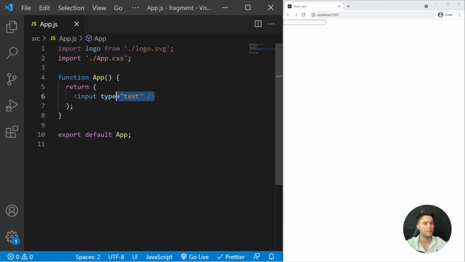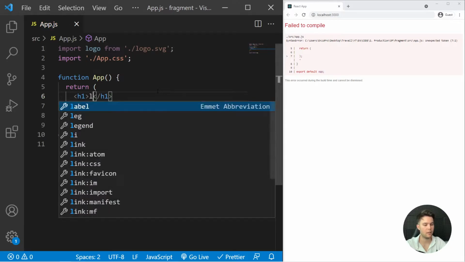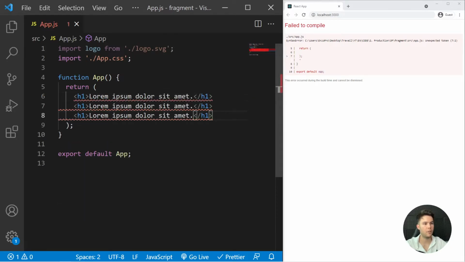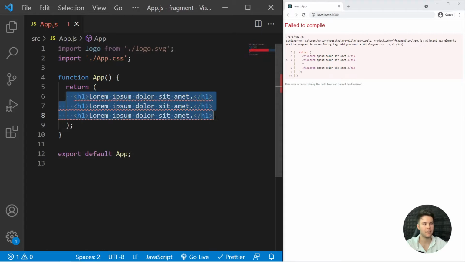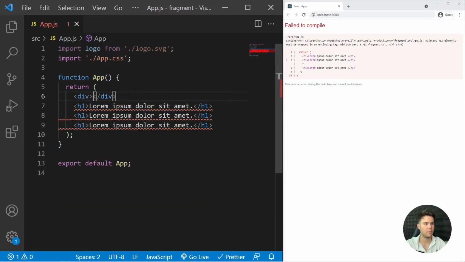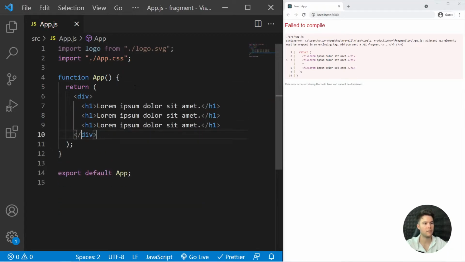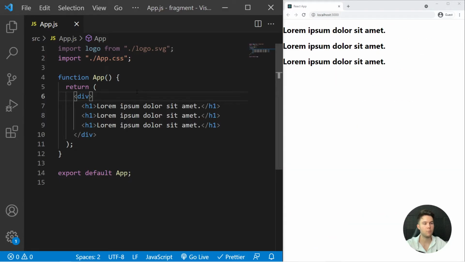All right. So since we always need to return something like that, we can't do something like returning multiple H1, for example, multiple siblings. We can't return siblings. Okay, so this is not allowed. So sometimes the idea is just to create some div to wrap everything. So it will work actually, but it will make our DOM more heavy,